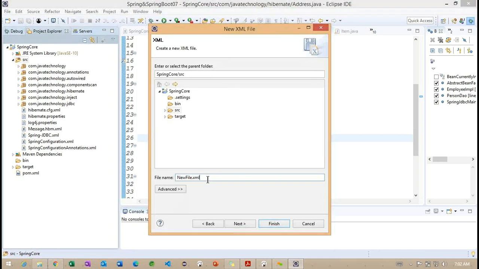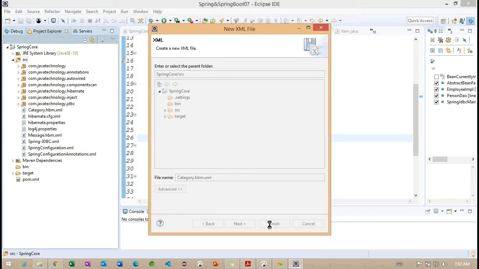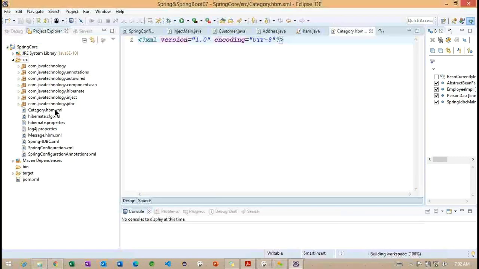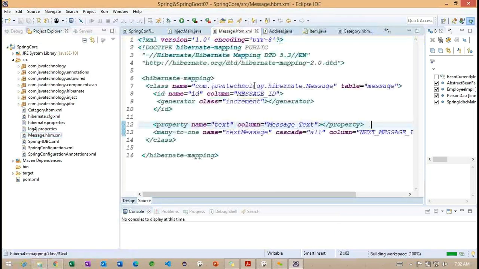Here we need to work on the model class called category.hbm.xml. Let me finish this file, and I want to copy this DTD file.